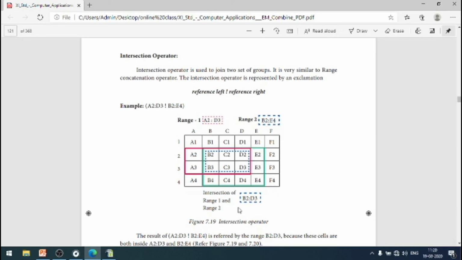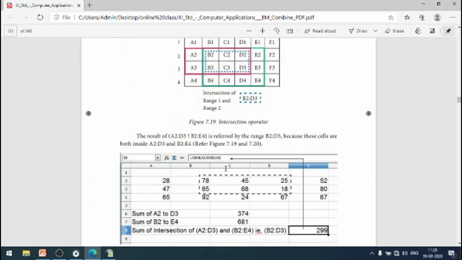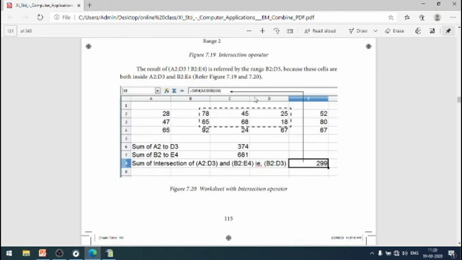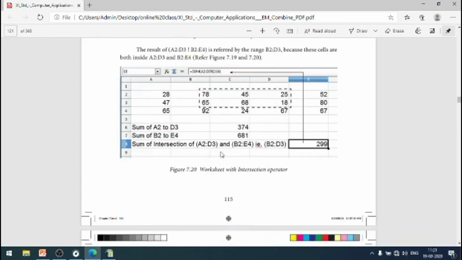So the intersection of range 1 and range 2 is B2 to D3. So the intersection is this point. Only these values are going to be added. So the values specified between B2 and D3 are going to be added. Look at this example. The worksheet with the intersection operator: only the intersected values are added.